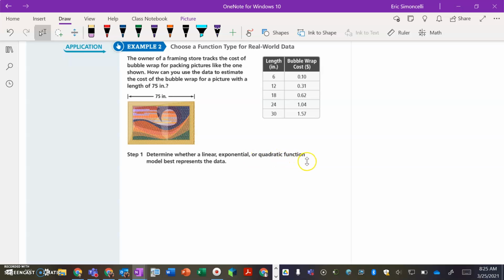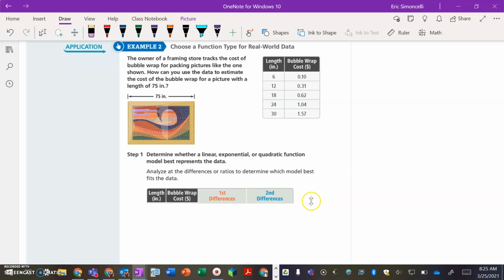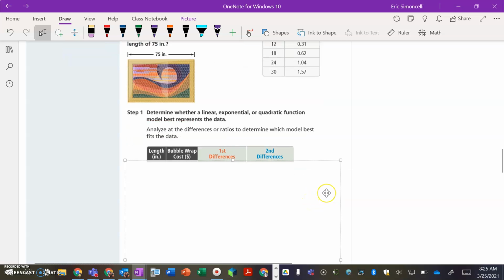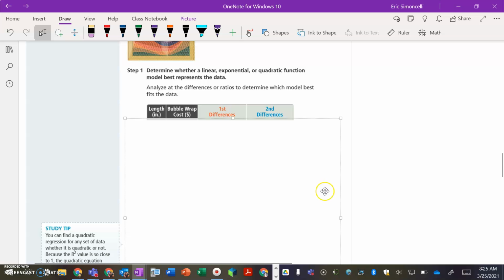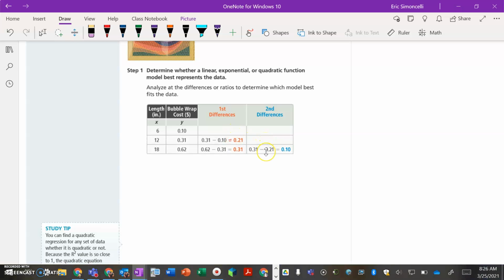Determine whether a linear, exponential, or quadratic function best models or represents this data. Analyze the differences or ratios to determine which model best fits the data. So let's start taking a look. We'll take a look at our table again, but putting it into the context of first and second differences. So same values for x and y. First differences, there we have it with 0.21, 0.31, which are not the same. And look at the second differences already, 0.1,